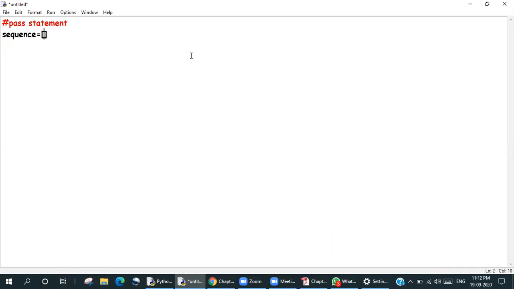Okay, what I'm doing over here is I'm actually making a list. This is something that you have not done yet, but you can understand the concept of pass better with this. Sequence is a list data type in which I have written the word pass in square brackets separated with a comma.